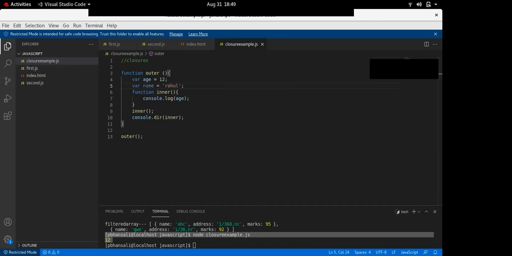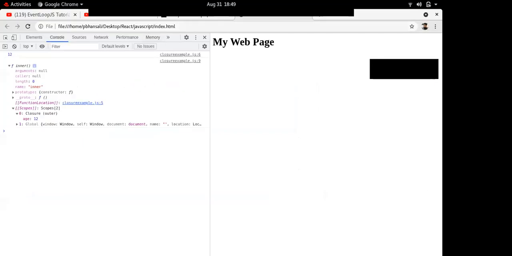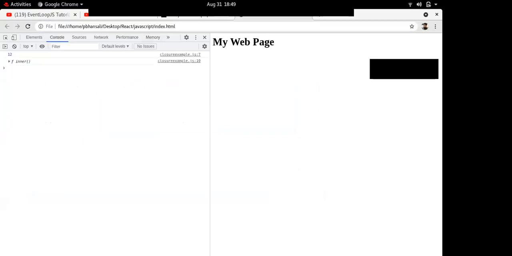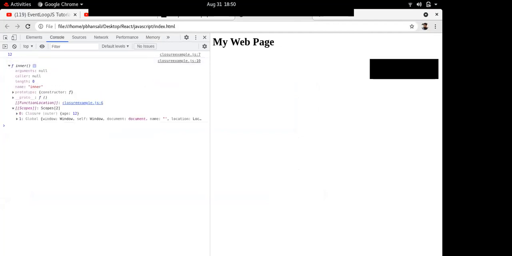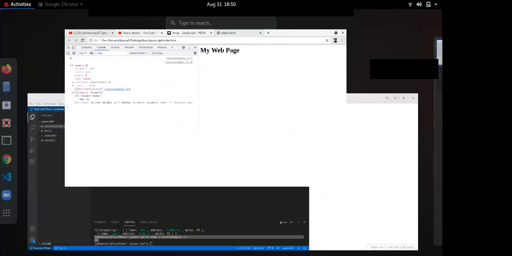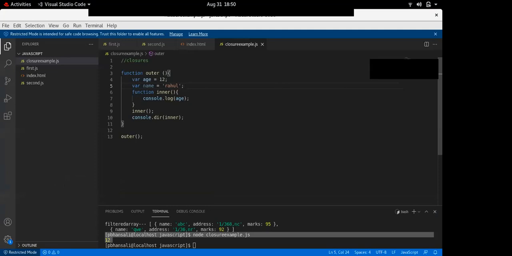When I go to the browser, you can see that only age is there. The name variable has not come. Why? What this inner function will do is form a closure with only those variables which it is using. You can see inside the inner function, we are using only age. We are not using name.